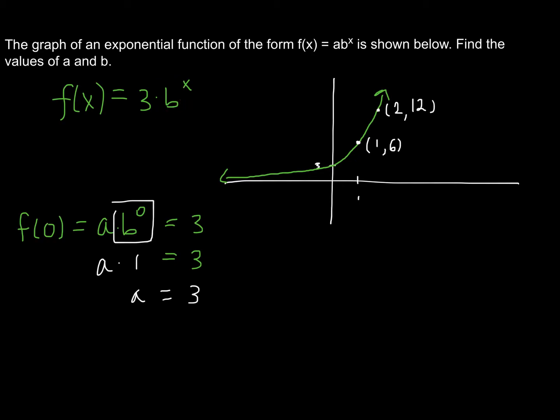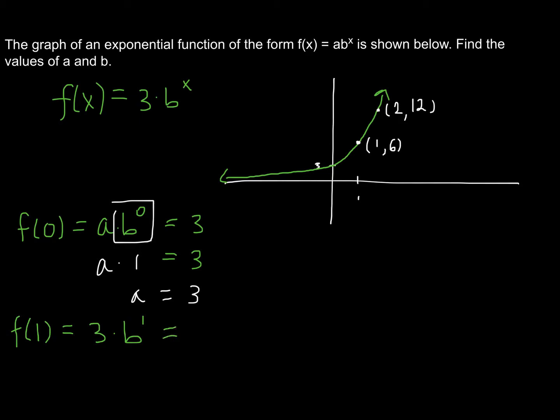What you'll realize is there's only one thing we're missing, and we have another point. We even have 2 points that we can plug in, and if we plug in these points, we'll notice that the only thing we'll be missing is that b value which we're trying to solve for. So in plugging in that point, let's choose the first one, f of 1. When x is 1, I'll have 3 times b to the first power